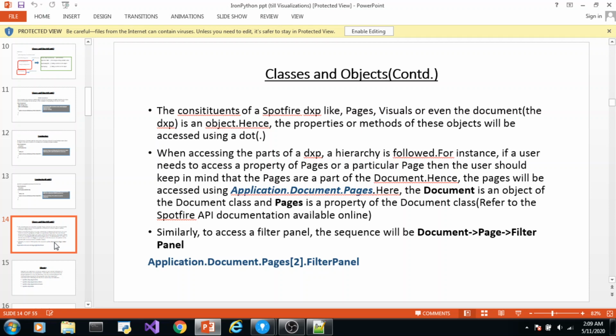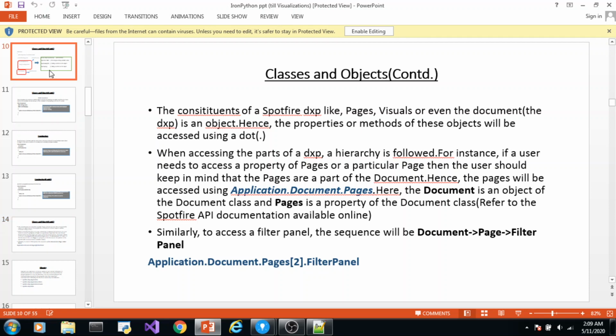When you create a bar chart, it is an object. When you create a line chart, it is an object. When you create a table visualization, it is an object. So when you wish to access the properties or methods of a table visualization, you will be accessing the table class. Similarly, to manipulate the properties of a bar chart, you will be accessing the bar chart class.